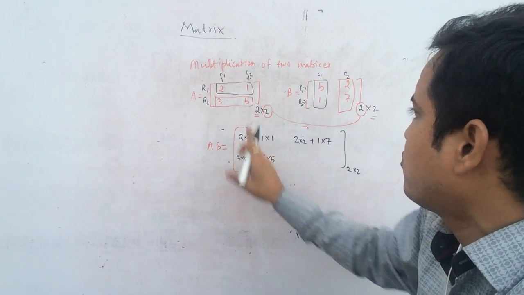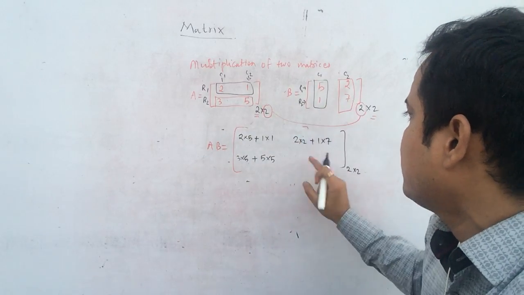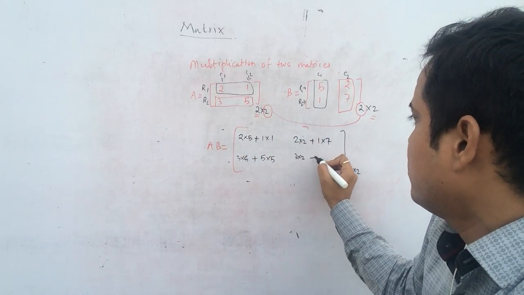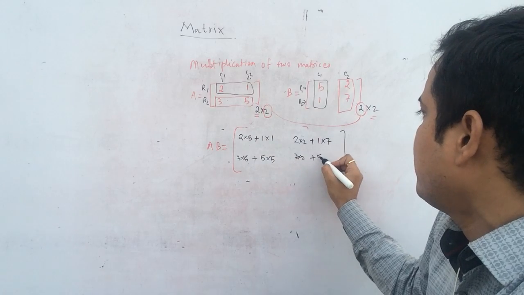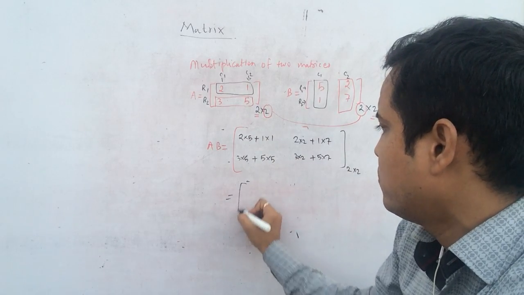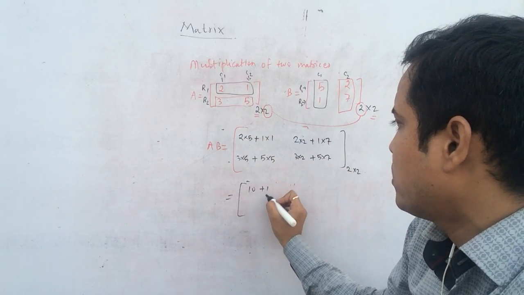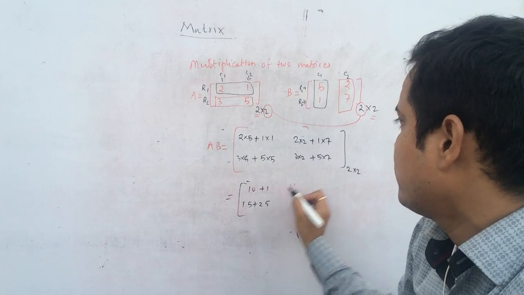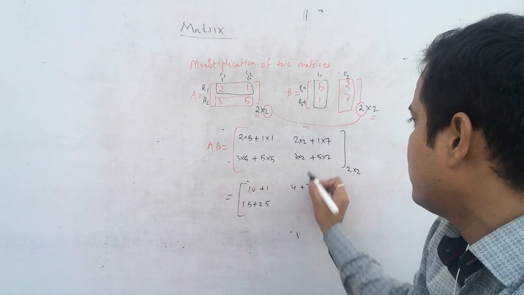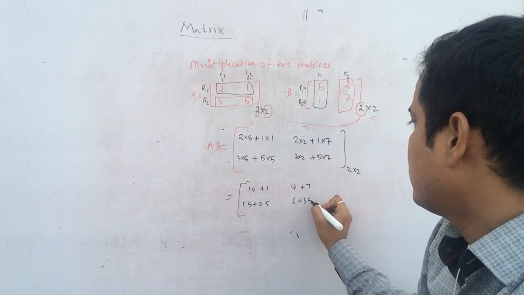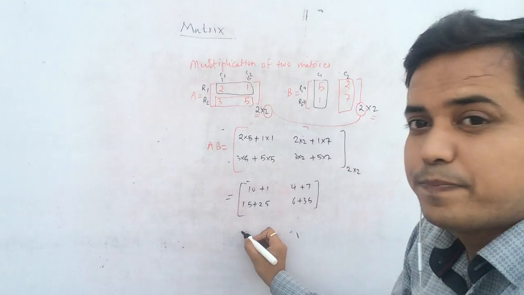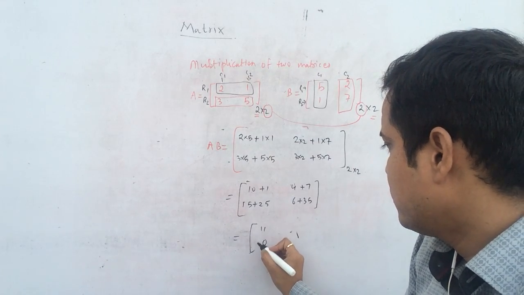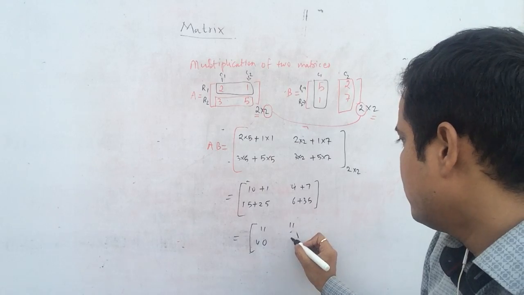Okay, here now row 2 will be multiplied with column second. Here you will paste the value. 3 2s are 6, 3 into 2 plus 5 7s are 35, 5 into 7. The answer would be 10 plus 1, 15 plus 25, here 4 plus 7, here 6 plus 35, okay, and 11, 40, 11, this is 41,